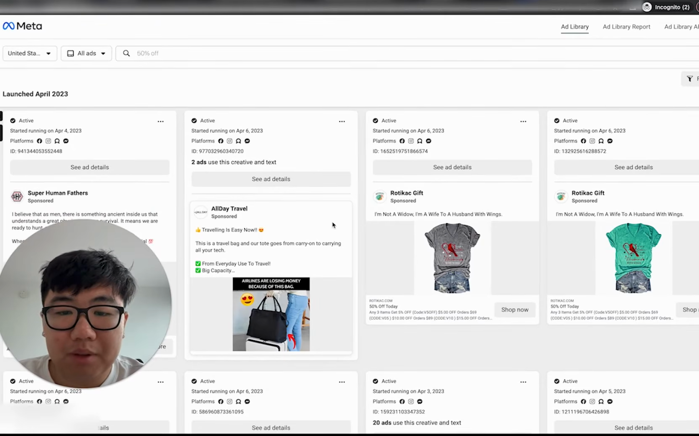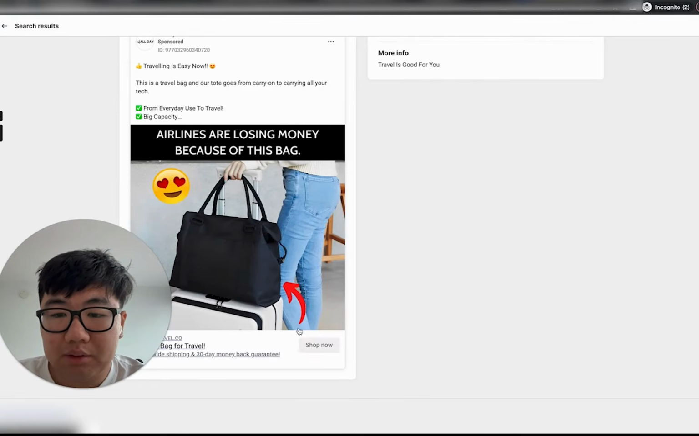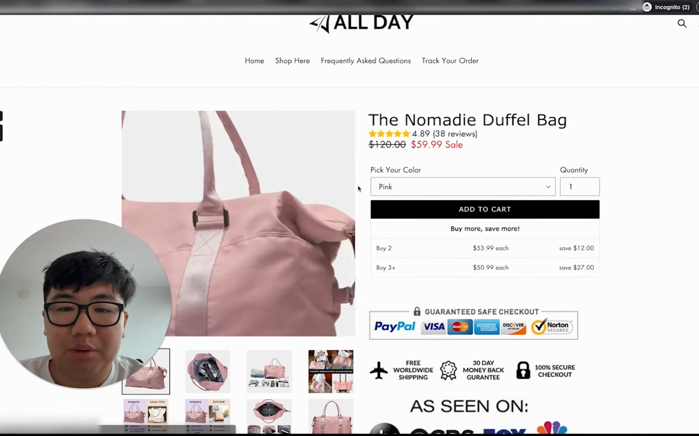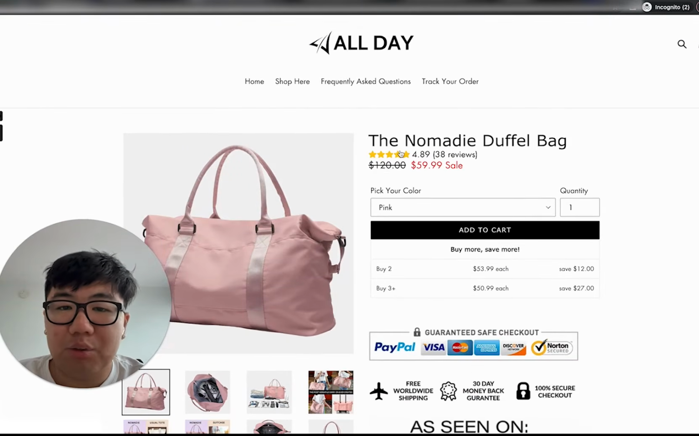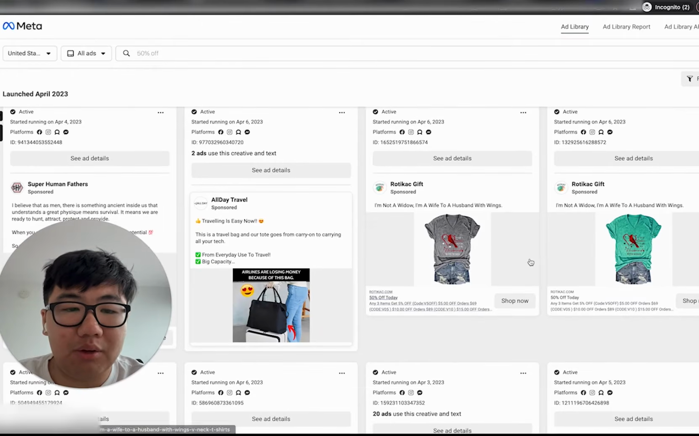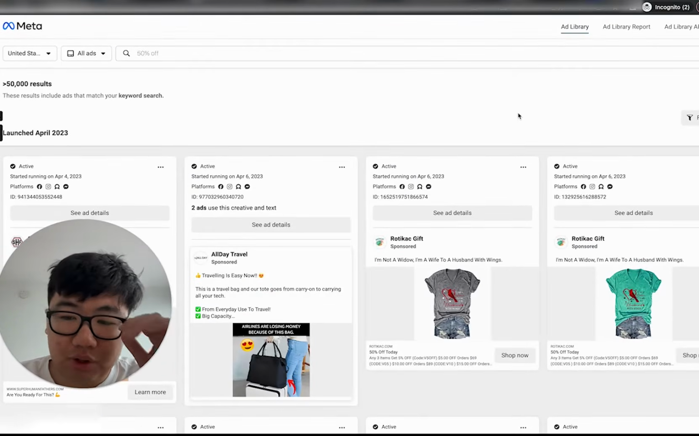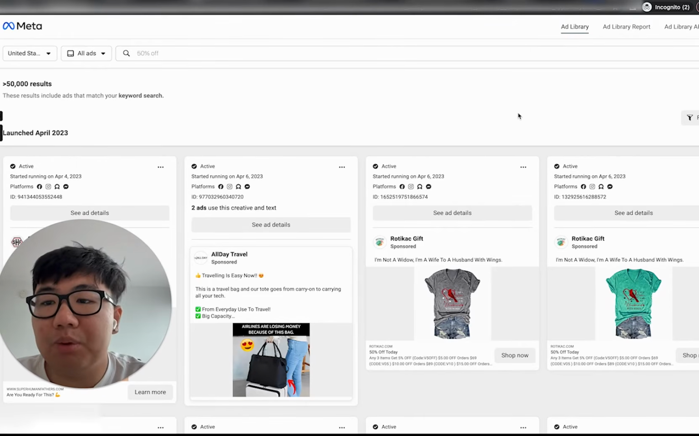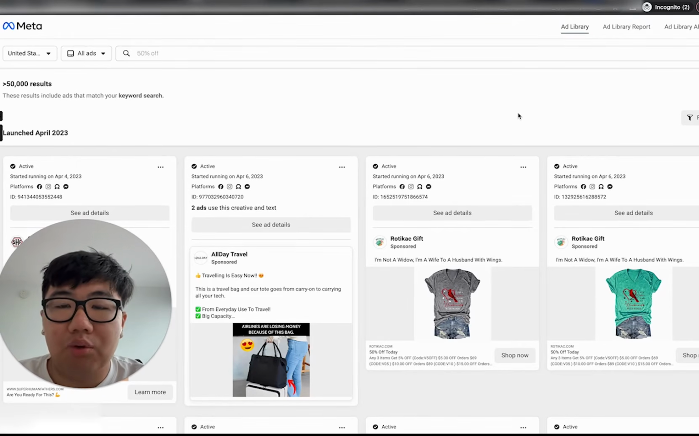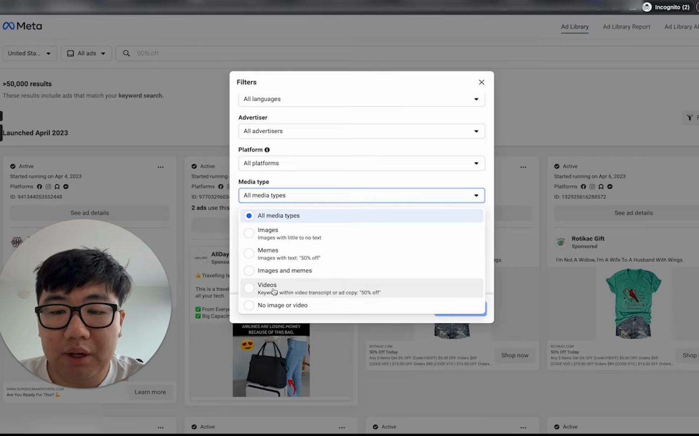So you can see right here, we already have one product here. See ad details, shop now, and you can already see we already have one product that someone is testing. It's called a Nomandy duffel bag. But what I like to do better is, because you see these picture ads, a lot of picture ads, picture ads don't really convert that well. So most people that are doing really high scale or running stores really well usually filter and do videos, because most people run videos. So you want to go ahead and do just videos